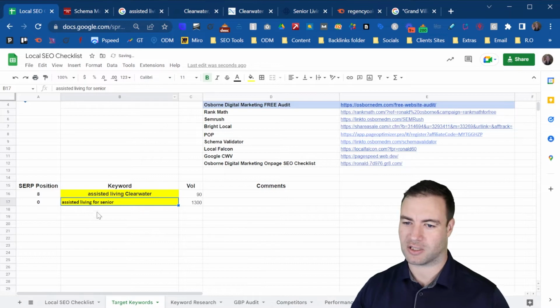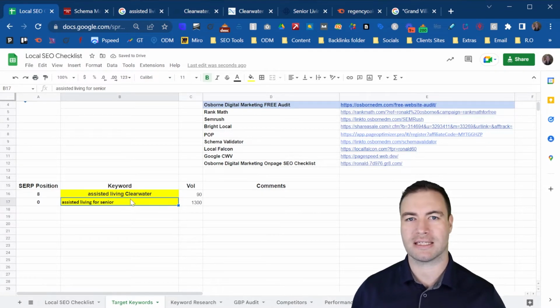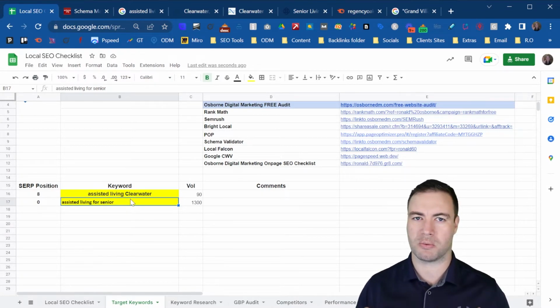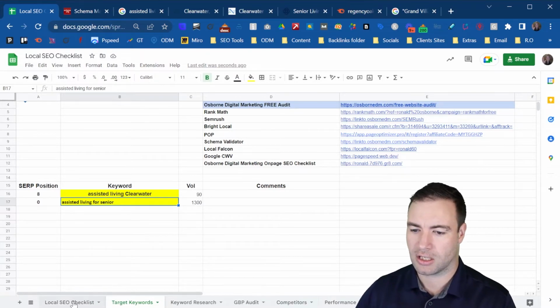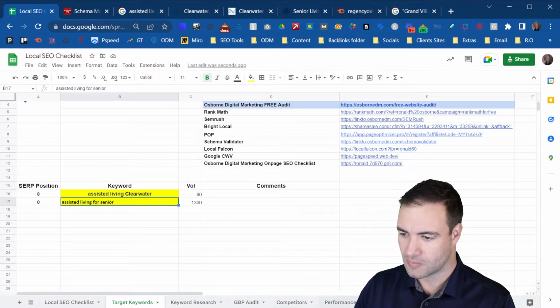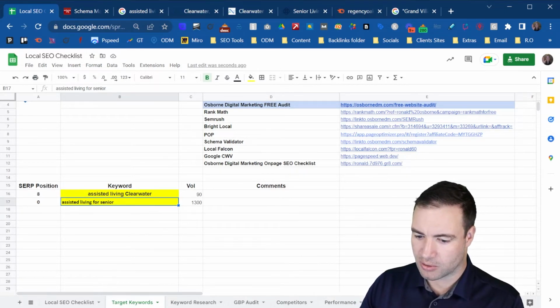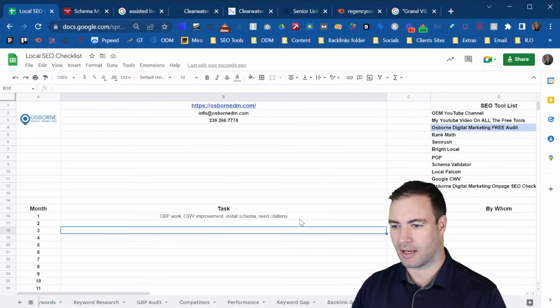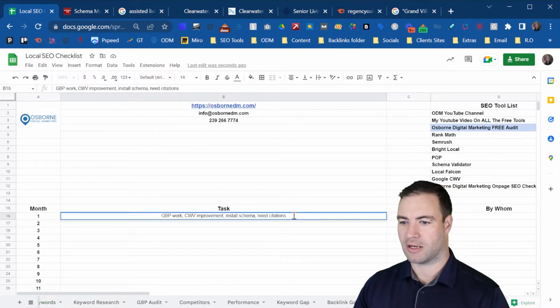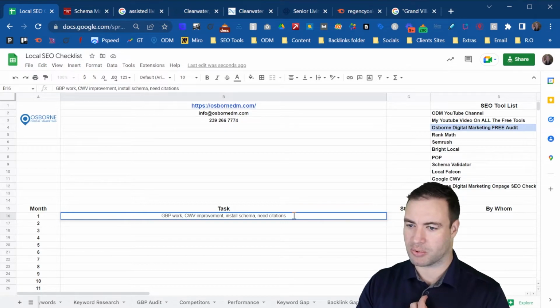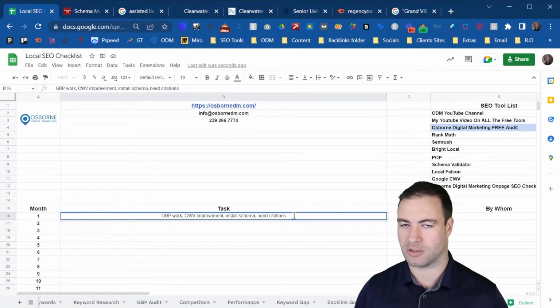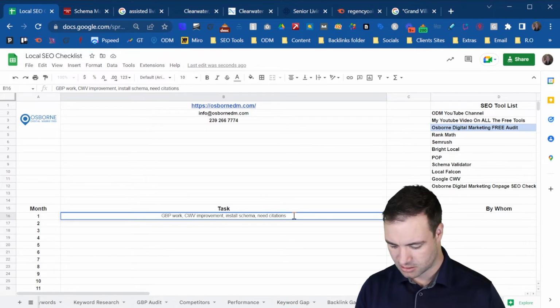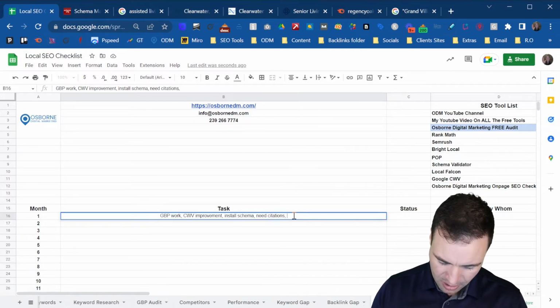We've figured it out. It's like, all right, this is something that we've looked at. This is something that we want to target because we want to create an article around it. So that is how you would start to target the keywords. So when you start looking to formulate the strategy, you would want to be like, okay, so month one, this is what I'm going to do. Well, my Google Business Profile, it needs work. I need to do the Core Web Vitals. I need to install some Schema. I need to create some more citations. And I need to create